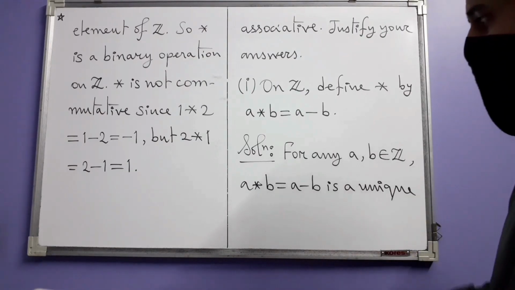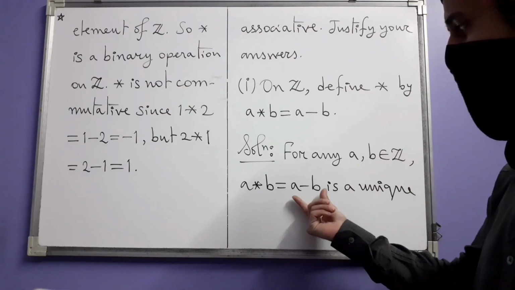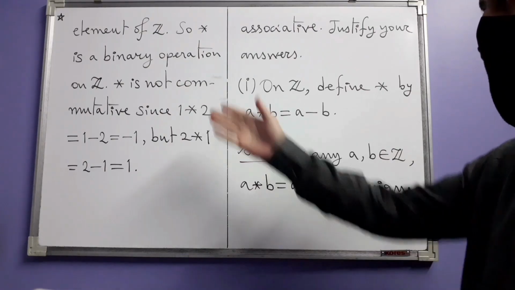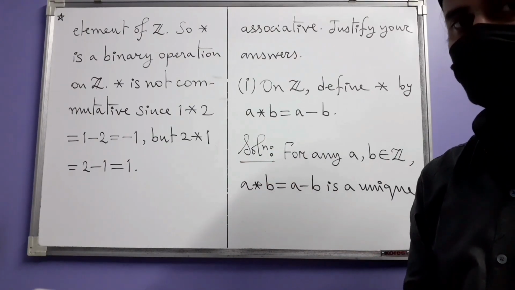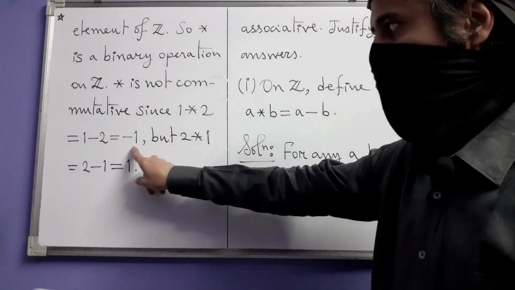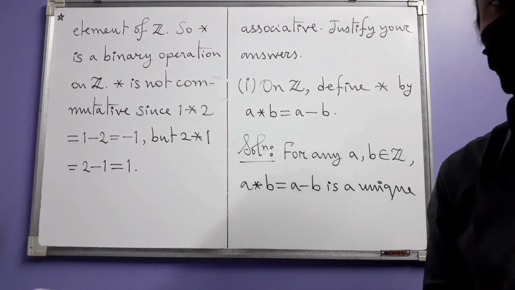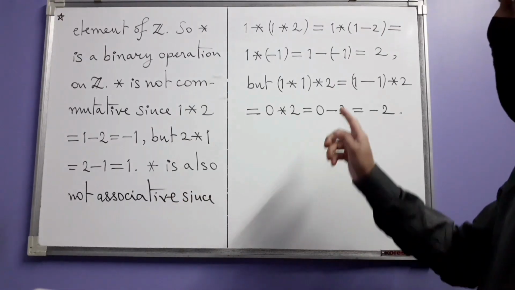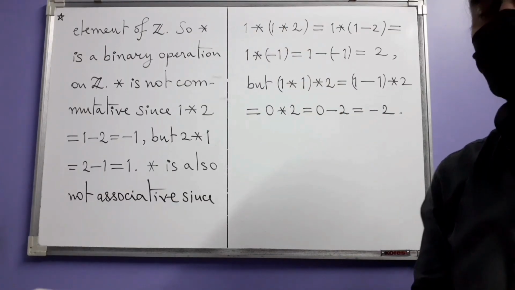The operation is a legitimate binary operation: for any two integers a and b, their difference a minus b is a unique integer, and that is why it's a binary operation. But it's not commutative, which is also easy to see. 1 star 2 is 1 minus 2, which is minus 1, whereas 2 star 1 is 1. They are not equal. Star is also not associative, since if you calculate